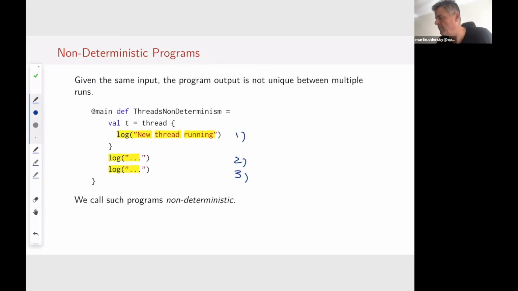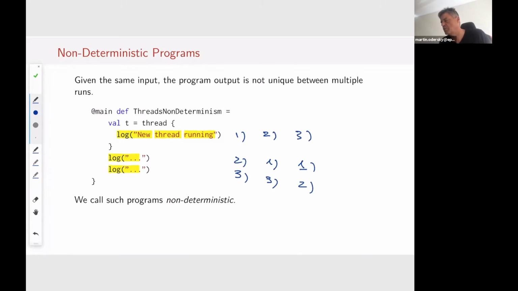We might very well see this one first, and then this one, or that one, or we might see this one first, and then that one, and then that one. Those are all possible orders, because we have two concurrent executions, and they each progress at their own pace. We don't have any control over how fast things go.